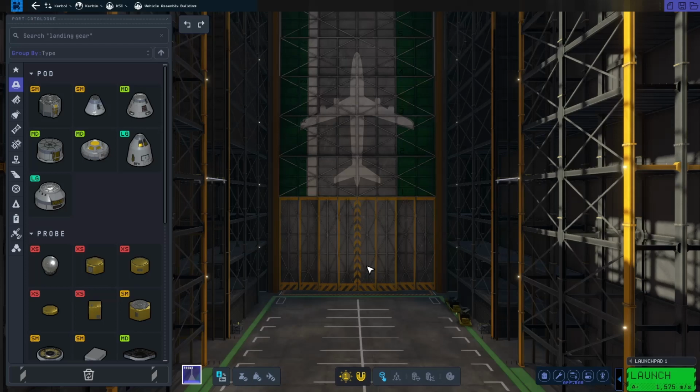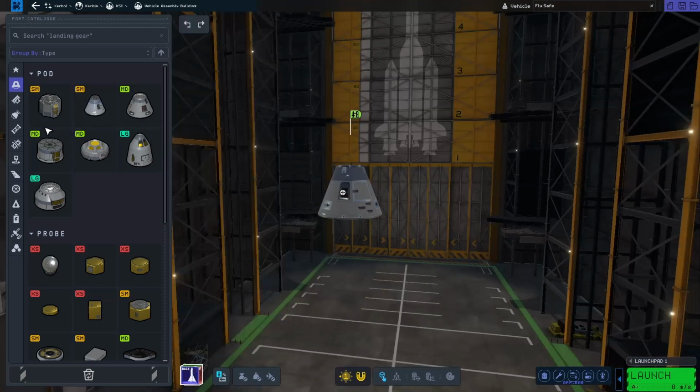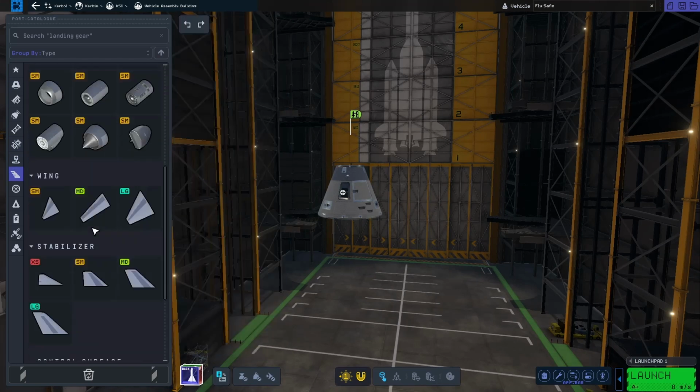Welcome back to the tutorial for Kerbal Space Program 2 Part 3. This time we're going to make a rocket that can orbit Kerbin and show you how to fly it. So we're going to start off with a command pod like I showed you in the first video. We're going to put a,